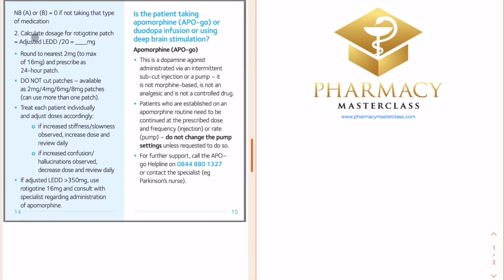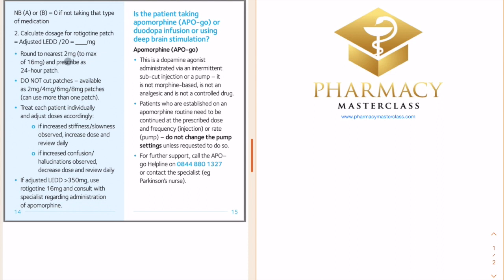For example, when you've done your calculation, it talks about needing to round it to the nearest 2 milligram. It also talks about the fact that the dose that you calculate is only for a 24-hour window. So if in the exam you're given a different frequency, where the question asks for the amount of rotigotine the patient would need for 48 hours, 72 hours, a week,